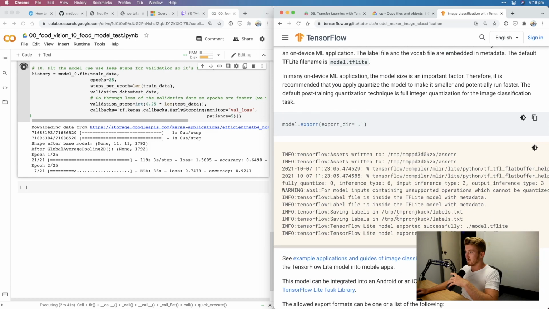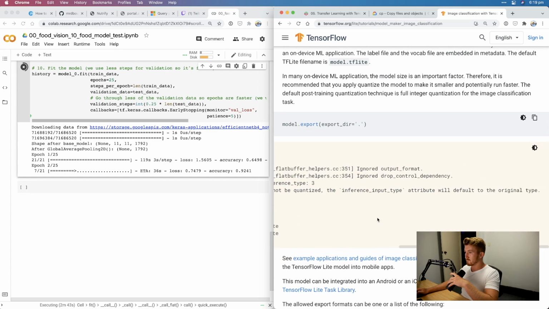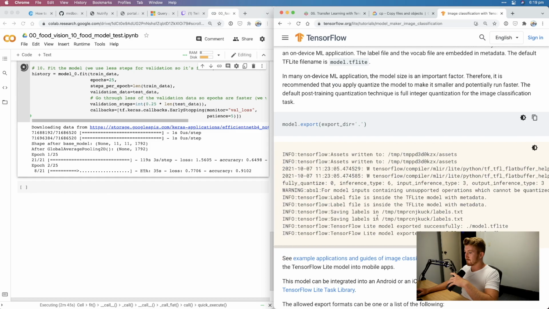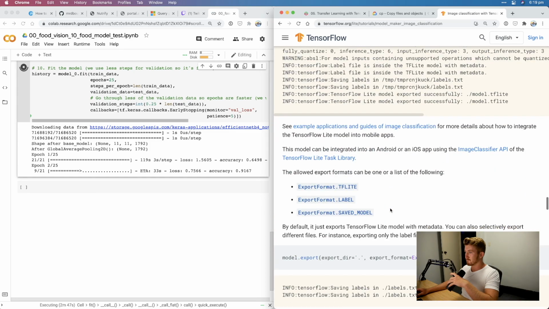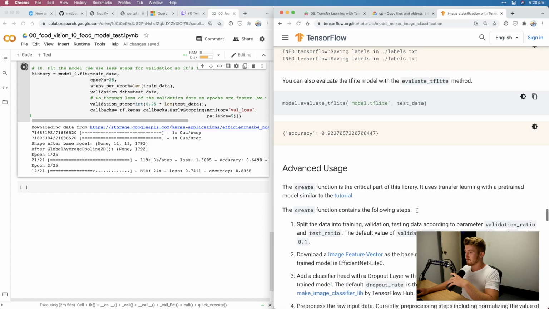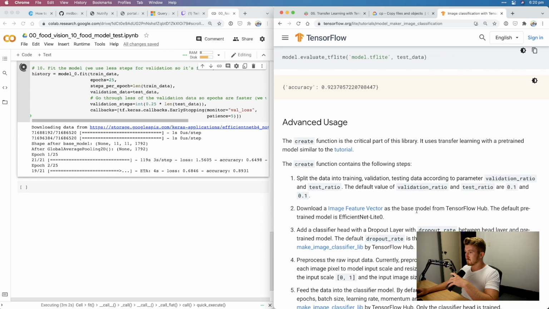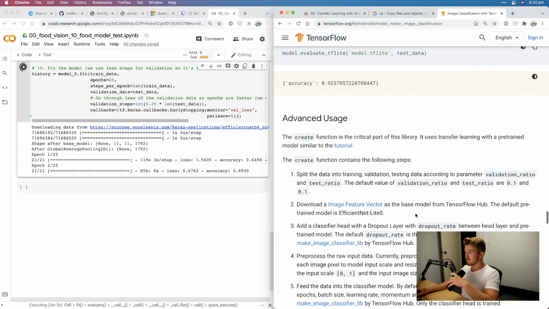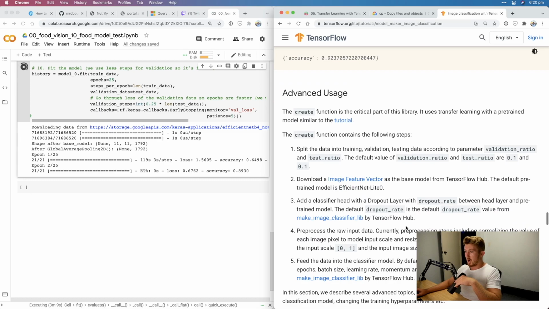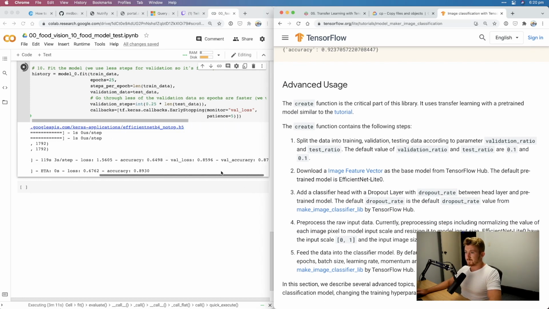How small does the model become? So it uses EfficientNet Lite as the first model for